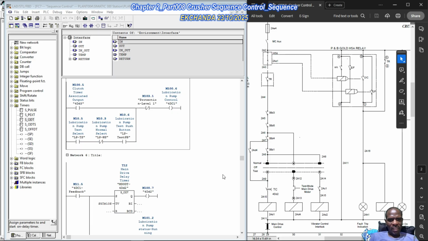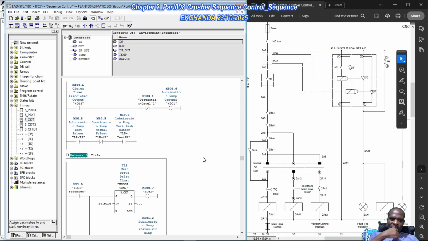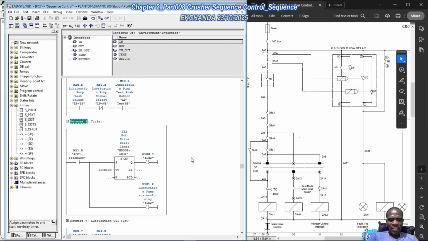But do we need for there to be 2 people to operate? Anyway, considering the safety aspect of it, and knowing that people can be funny sometimes, I think we'll leave it at this, that for you to operate, you need 2 people to put the system in the test position. Because if you didn't want that, then what it would be is that